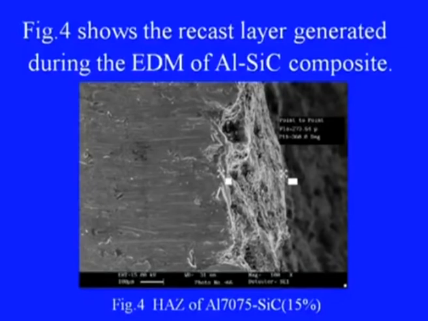So, here is a typical figure of the machined workpiece, and the white layer we can see. This is the white layer, and this is the base material. We can see a vast difference between them, and therefore the property of this layer will be different from that of this layer. The hardness and strength of this zone will be different, and the thermal as well as electrical conductivity of this zone will be different,